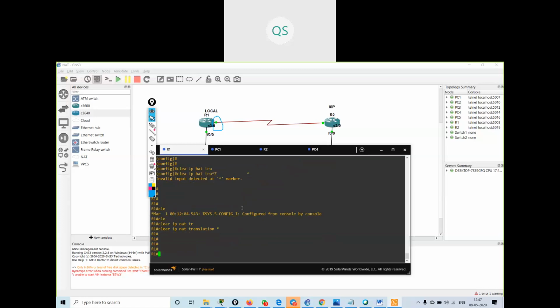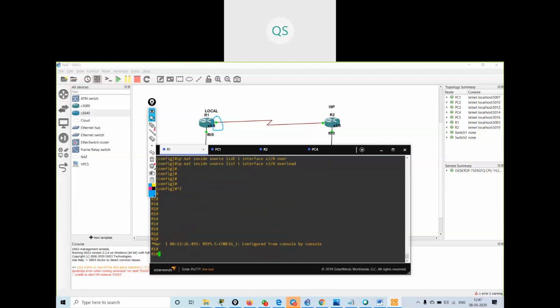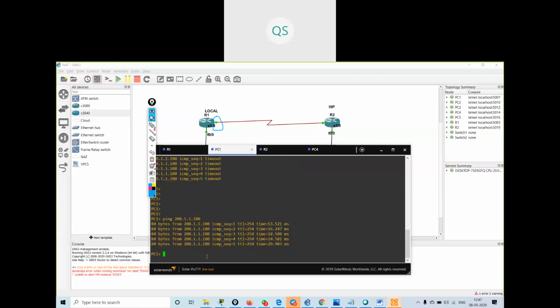So in ip nat translation, I'm not having any translation. What I will do, I will remove this command and give the command again with overload. Overload means it will be for all the LAN networks. See, I'm getting the reply now.